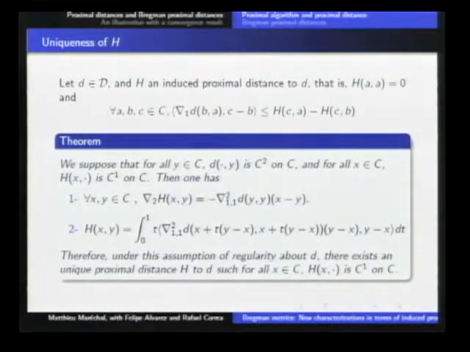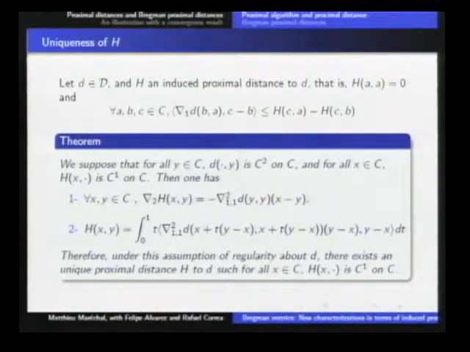One of the properties is the uniqueness of H: for all D given, we have a unique H satisfying this property. And the H, moreover, is given by this integral. This integral is nothing more than the integration of this equality above, using the fact that H of x, x equals 0. That proves that we have a unique H which satisfies this property of regularity.